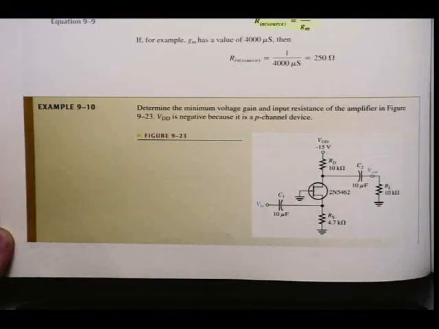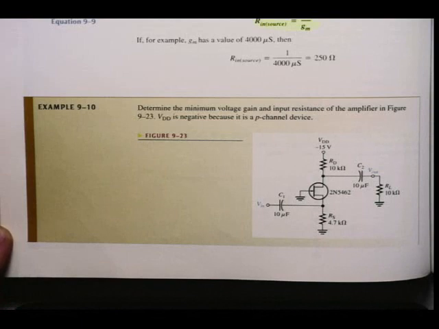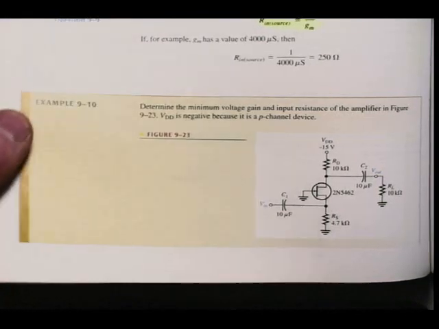Example 9.10. Determine the minimum voltage gain and the input resistance of the amplifier in figure 9.23. VDD is negative because it's a P-channel device. You have to be able to notice that by now. Alright, again, it is not mentioned what configuration of amplifier this is. So you can see it's important that you recognize the configuration of amplifier so that you know which formulas to use. Anyway, let's have a look at the solution